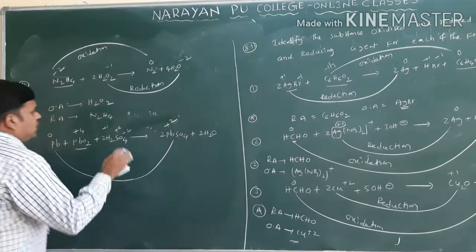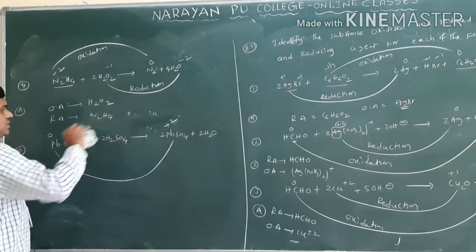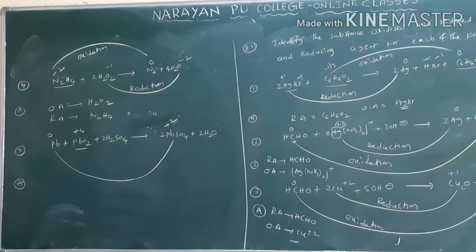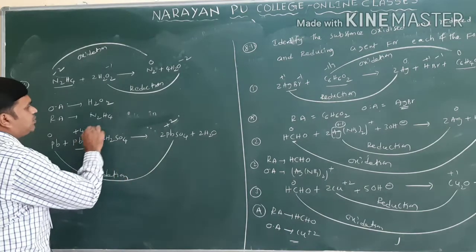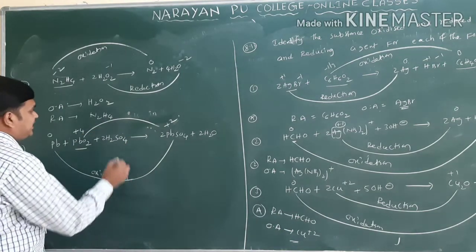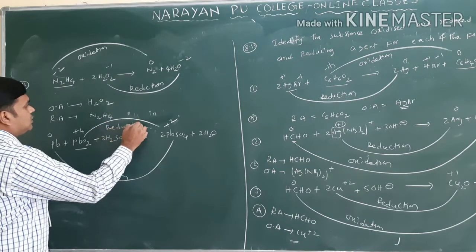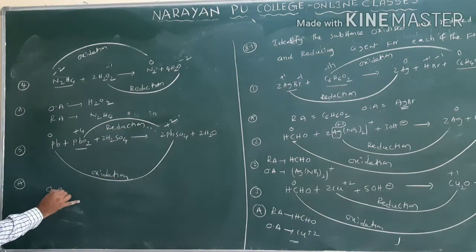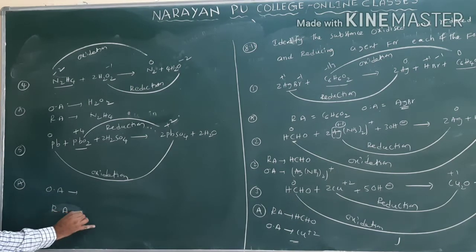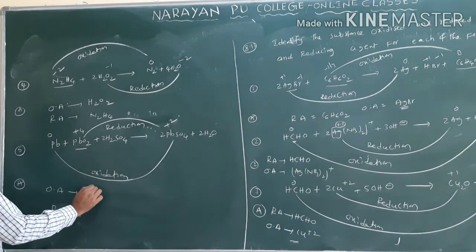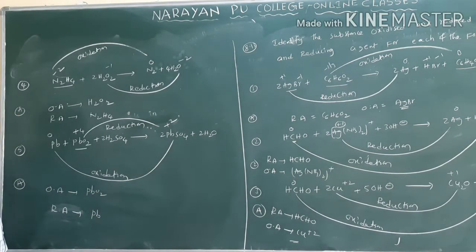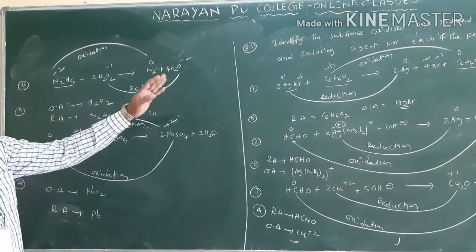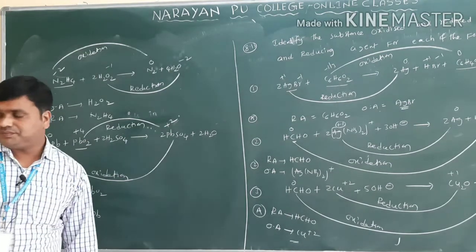I will write only the oxidation state of lead. The remaining are already common, so I just remove this one. And here you see the oxidation state. Here Pb converts into Pb plus 2, increasing oxidation number. This is called as what? Oxidation. Here PbO2 converts into PbSO4. This is decreasing oxidation number. This is called as what? Reduction. What is the oxidizing agent and what is the reducing agent? Oxidizing agent is which undergoes reduction. PbO2 is the oxidizing agent and Pb is the reducing agent only. So in this way you can identify oxidizing agent and reducing agent. So this is 8.13 from your textbook.